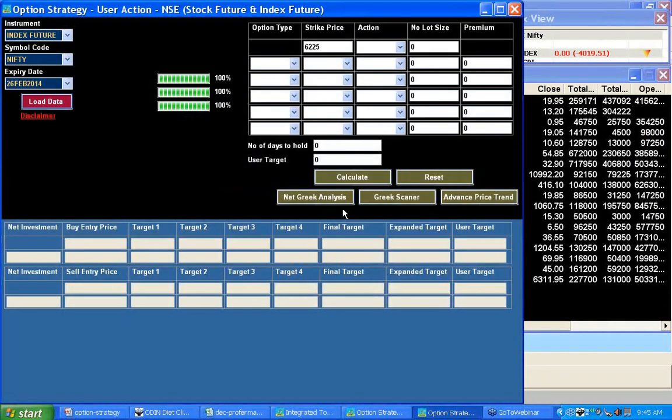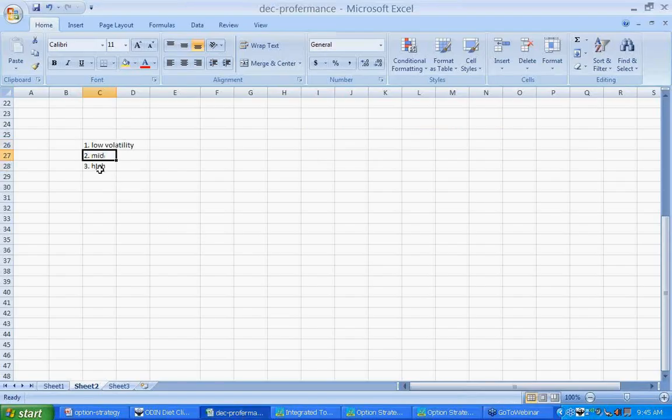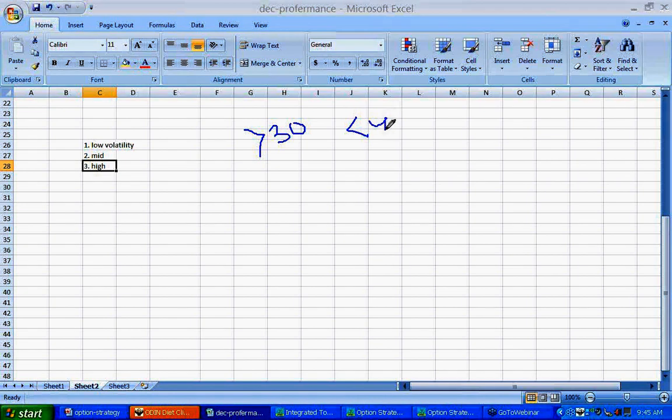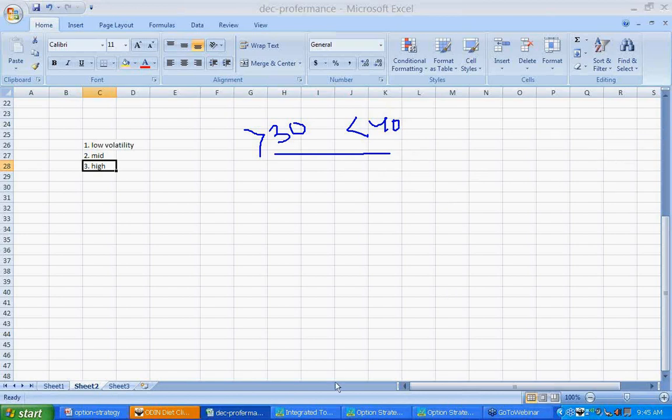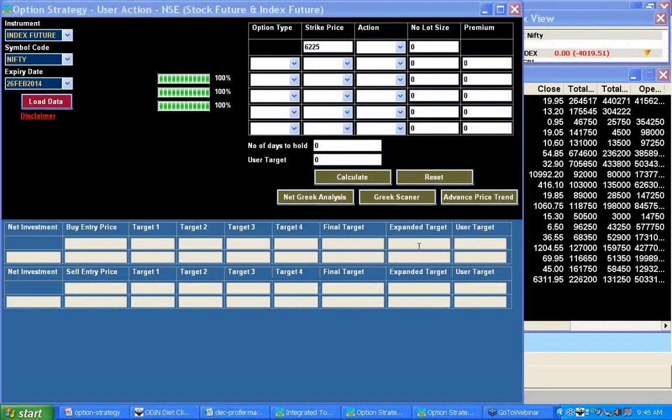However, all these multiple strategies will have the objective that irrespective of the Nifty movement, I will make money, in a medium to high volatile condition. Those who are associated with us will know that medium volatility means our volatility must be above 30% and below 40%. So this is how the medium volatility band is defined for us. So now let me look into this factor of our volatility.